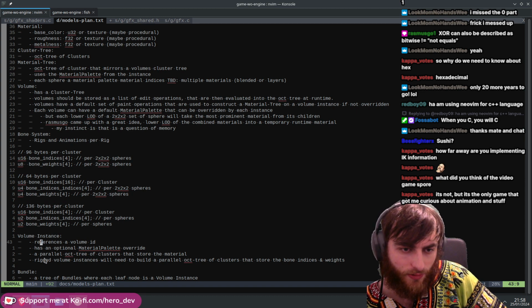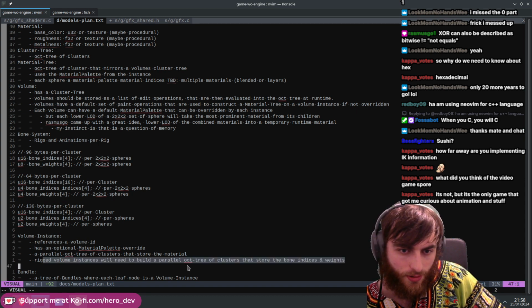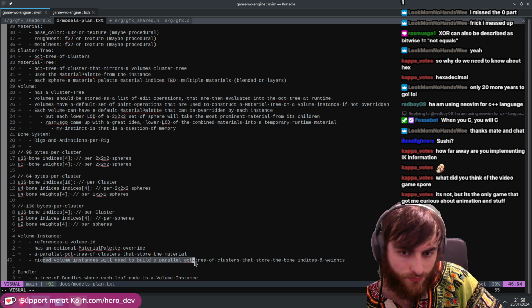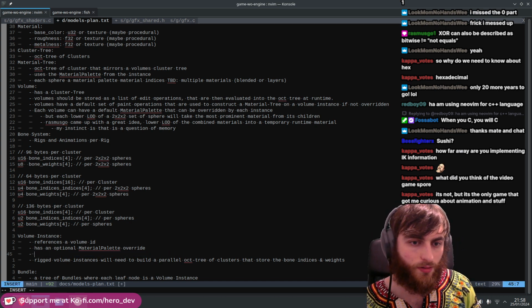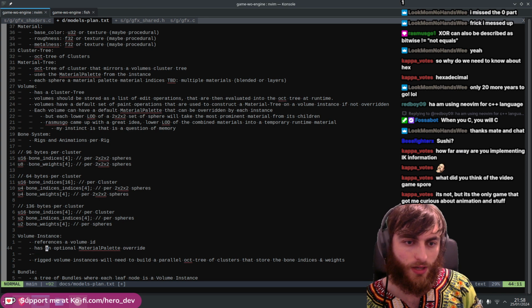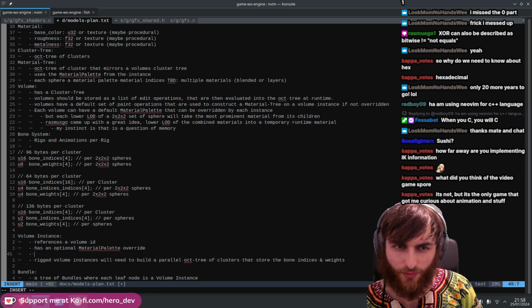So each instance can get a parallel tree that stores the material. It has an optional material palette override. So you can override the materials, get different skins and stuff, right? Do you want to call it a material tree? Yeah, has a material tree